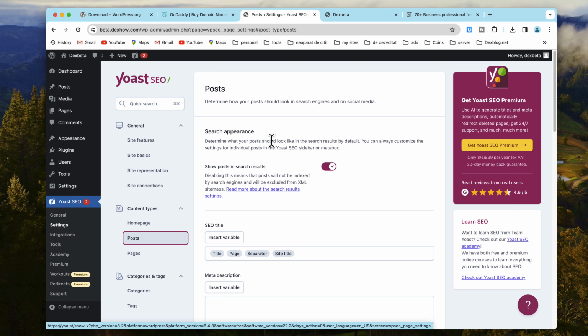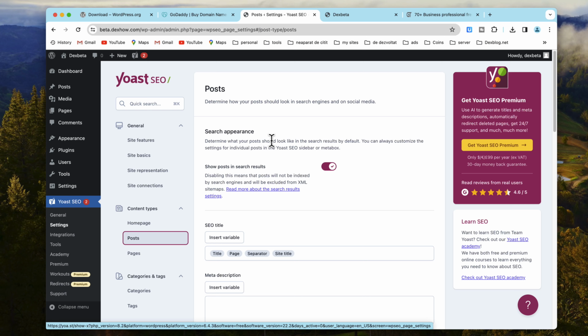Some of the most popular WordPress SEO plugins include Yoast SEO. Yoast SEO is a comprehensive SEO plugin that helps you optimize your website for search engines. All-in-One SEO Pack. All-in-One SEO Pack is another popular SEO plugin that offers a wide range of features. Rank Math. Rank Math is a newer SEO plugin that has quickly gained popularity. It offers a number of powerful features, including keyword tracking and schema markup.